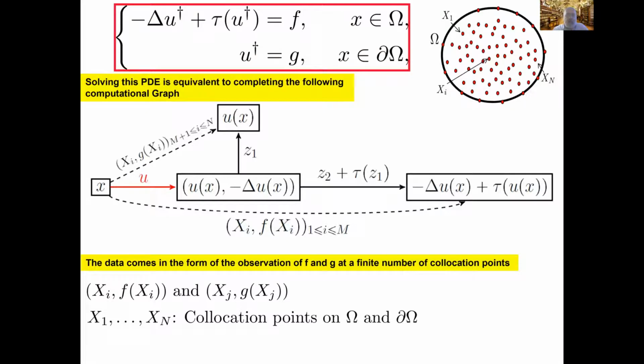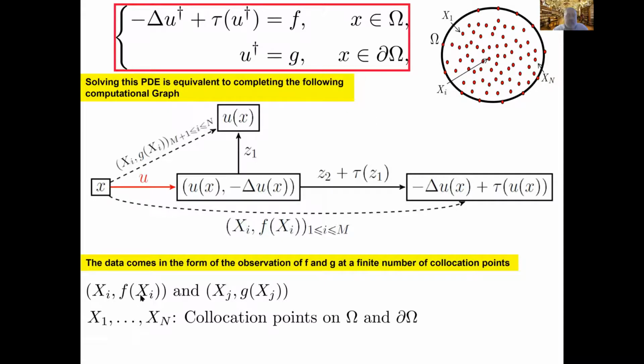Now, since this PDE is well posed, you may think that this solution is not unknown. But from a computational perspective, you can only compute with finite information, which means that you can only compute the values of f and g at a finite number of points. Therefore, from an information-based complexity perspective, u is as good as unknown,